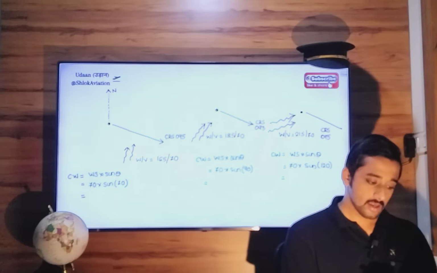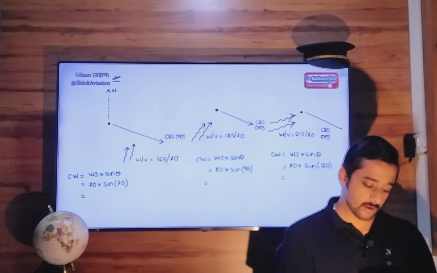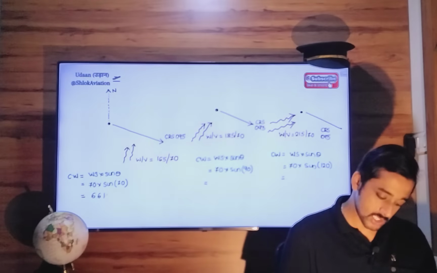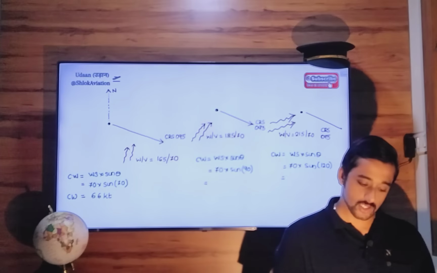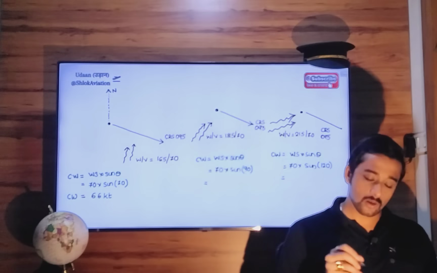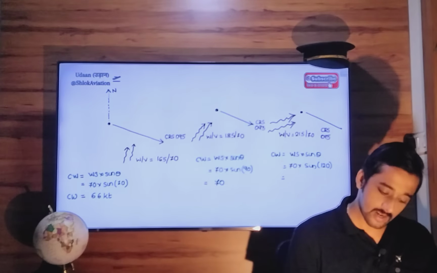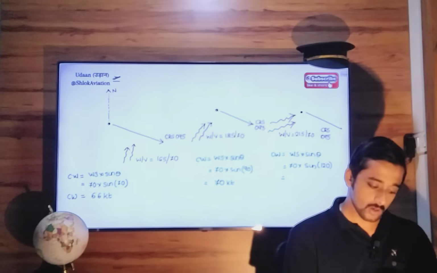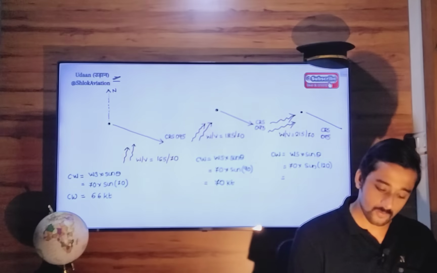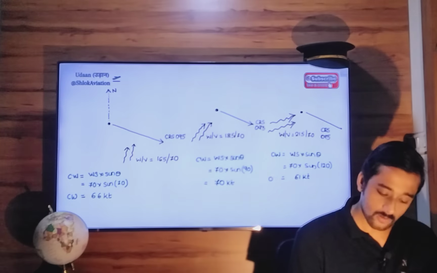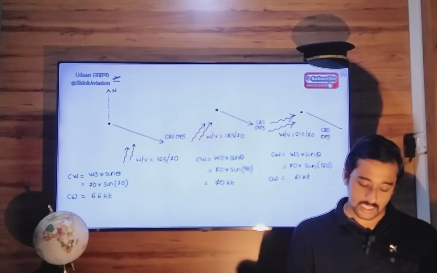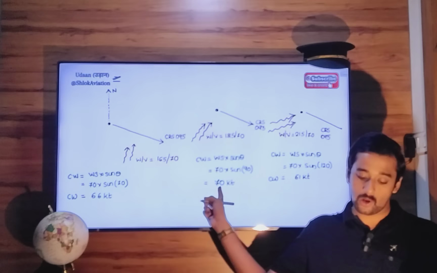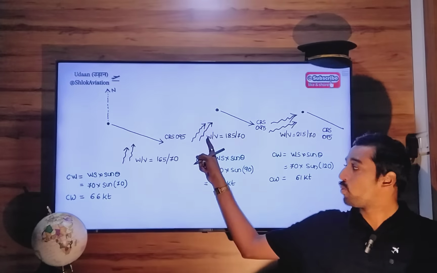Sine of 70 is 0.939 or whatever. Multiply that by 70, it gives you a crosswind of 66 knots approximately. When you come here, 70 into sine 90, you get a crosswind of 70 knots. Going further, sine of 120 into 70, you get a crosswind of 61 knots. So the maximum crosswind value here is 70 knots, and it belongs to the wind which blows from 185 degrees,